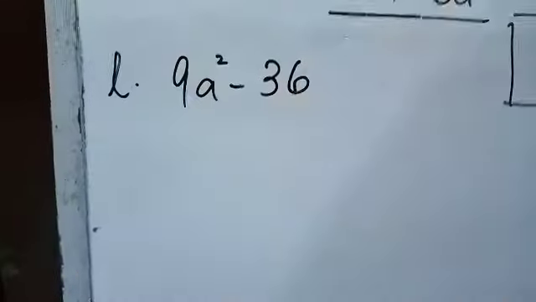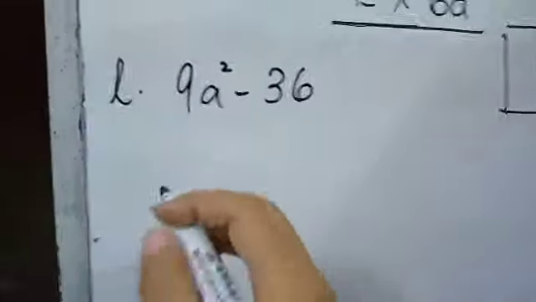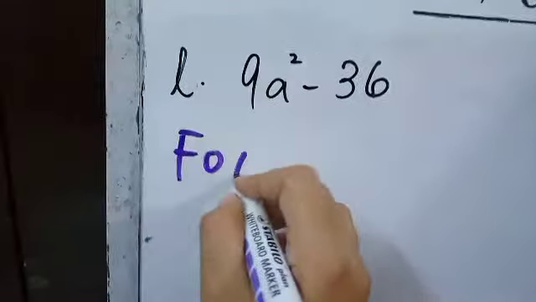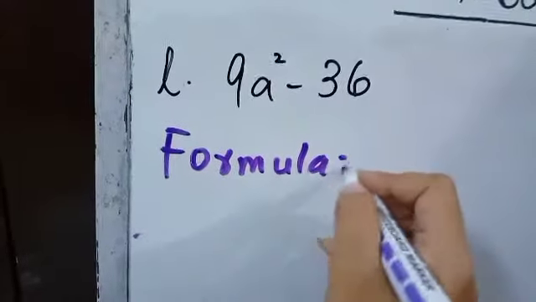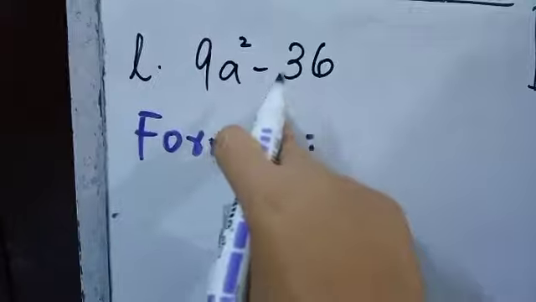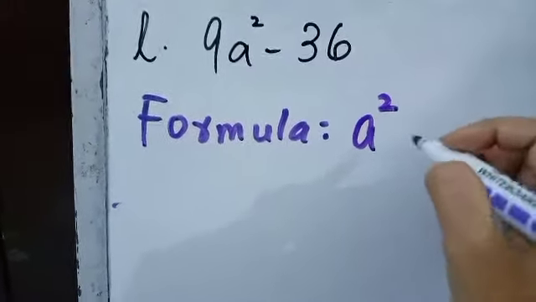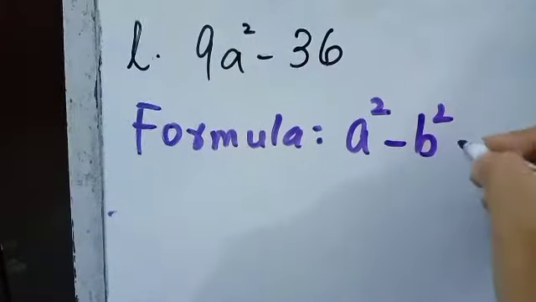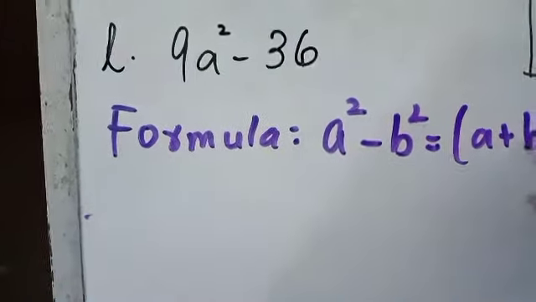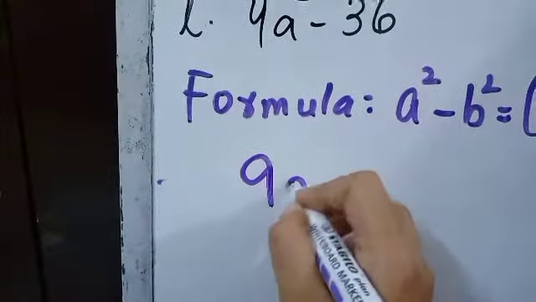Now I'm doing part L with you, and then at the end of the video I will tell you which parts you are supposed to do. Again, which formula should I apply over here? I can see that a whole square is not given to me, so again the difference formula of 2 squares will be applied. The difference formula of 2 squares is a square minus b square equals (a plus b)(a minus b). Copy the question back.